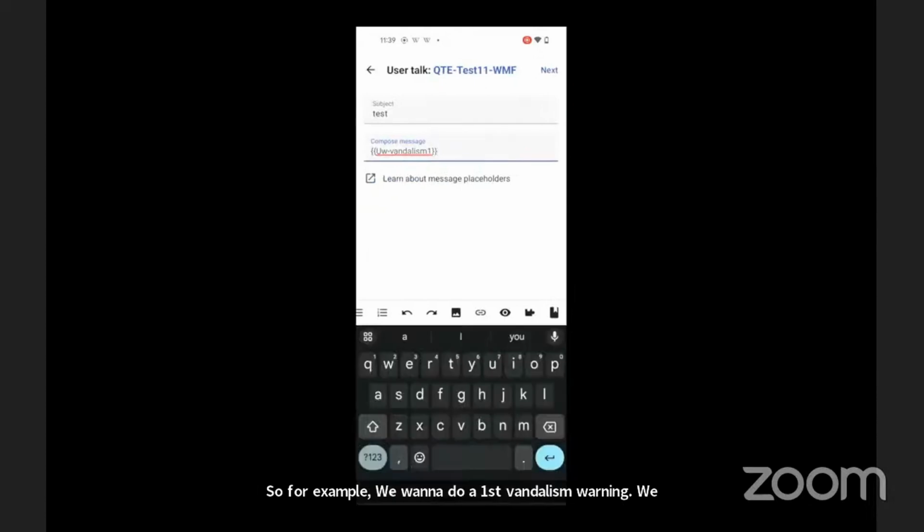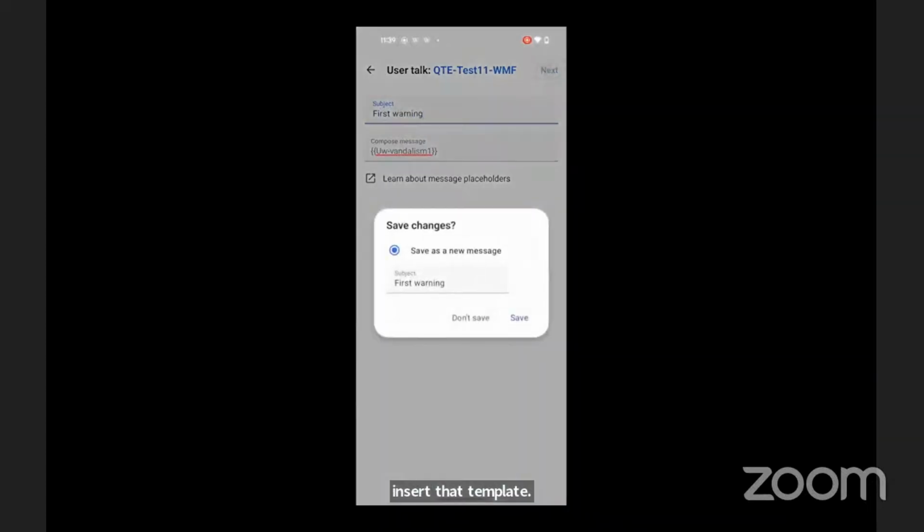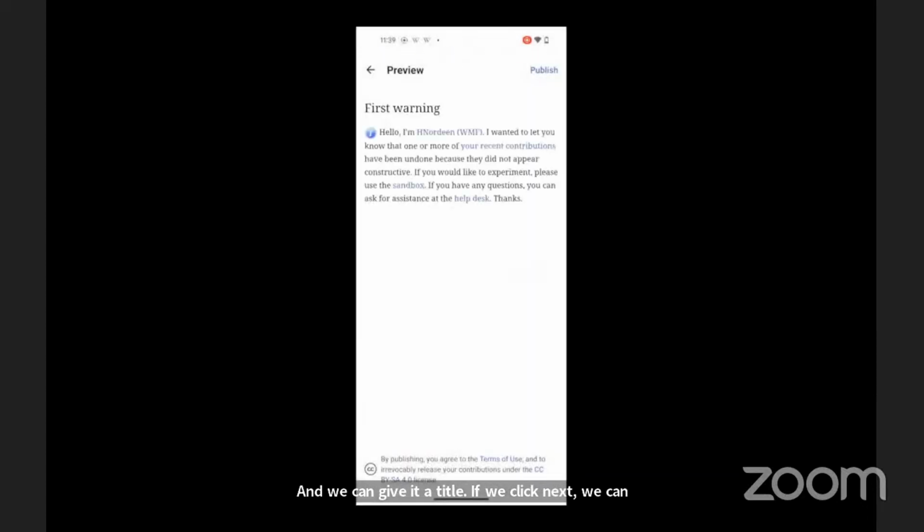We have the option to add template data, and then we can insert that template. And we can give it a title. If we click next, we can also save this for quick reference later. And we'll see our preview. And we can go to publish on the talk page.